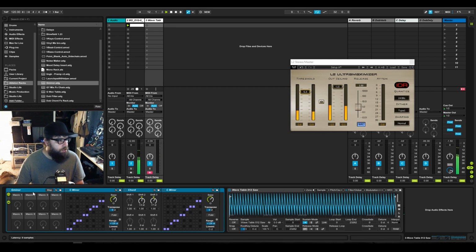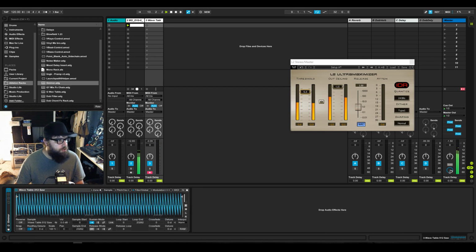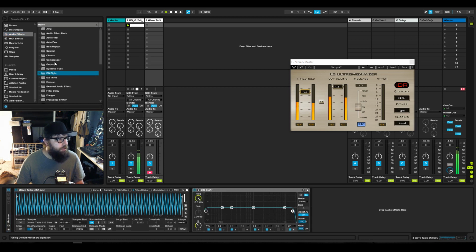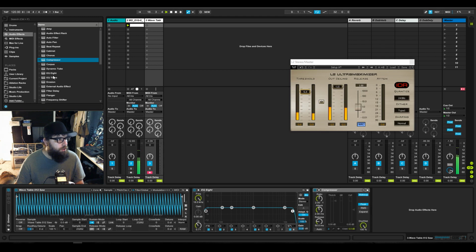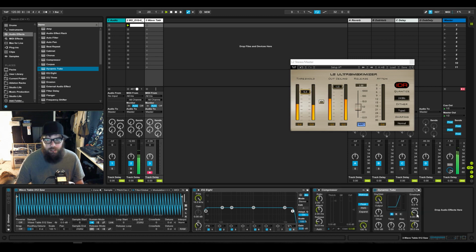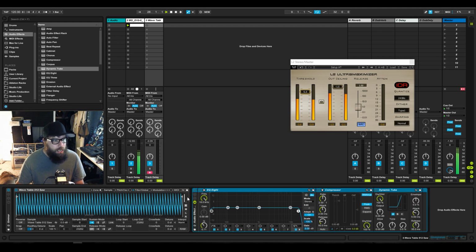Basically, if you wanted to do this, say you wanted an effects rack. You wanted some EQ in there, maybe a compressor, and then maybe you want to drive it out the end to warm it up so you can put a dynamic tube. All these here, but you want to save it as a single preset, so you can just pull it back. Like you have a specific setting that you like, and you want to just pull it and drag it. I don't have to rebuild it every single time. So in Ableton, you would highlight all of them, you right-click, and you click Group, and that creates a rack.